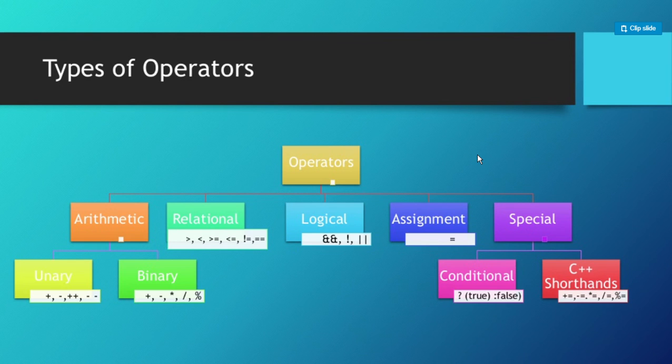In special, there is one more thing: conditional, true and false. These kinds of operators are used to set the condition for the output of the operation, true for the true condition or false for the false condition. We will continue this in our chapter on flow charts, where we'll discuss these conditional operators. So this concludes this chapter, operators and expressions in C++.